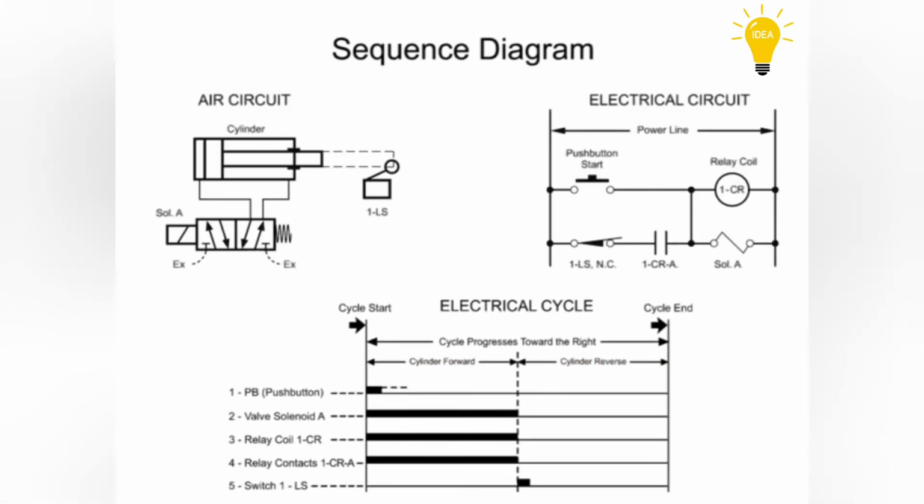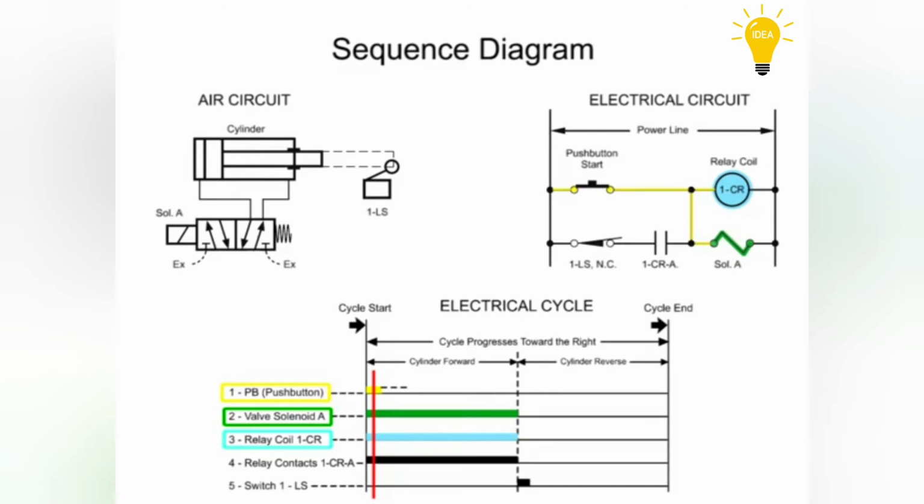This sequence diagram can be expressed with both a hydraulic schematic and an electrical wiring diagram. To start this cycle, the operator presses the push button. Line 1 on the sequence diagram indicates that the push button may be held down for a variable length of time, as indicated by both solid and dotted lines. When the push button is depressed, the relay coil and the valve solenoid immediately become energized as shown on lines